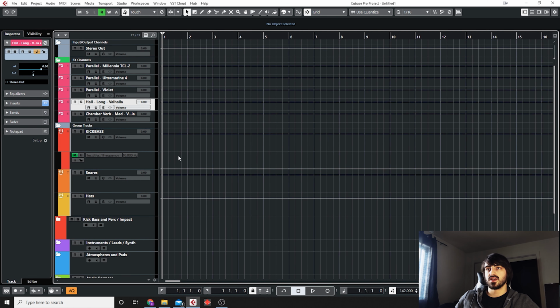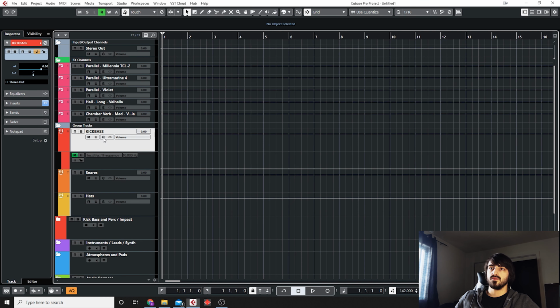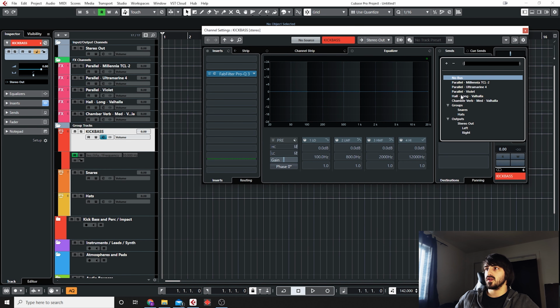Send effects. Send effects allow you to open one instance of a plugin, and then you can send pretty much any tracks, any combination of tracks, to whatever plugins. This helps you with not opening the same plugin 100 times and consuming a lot of CPU, but also it helps you use effects with a little bit of a different